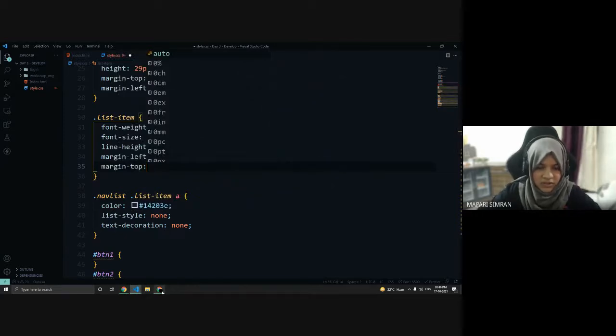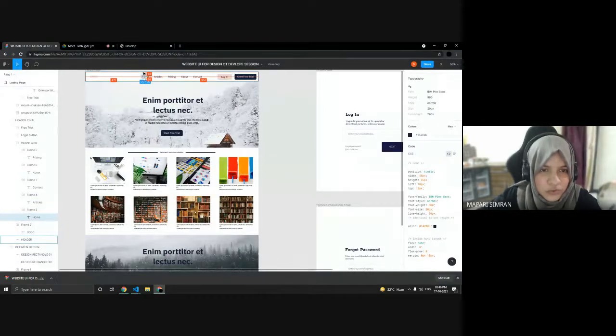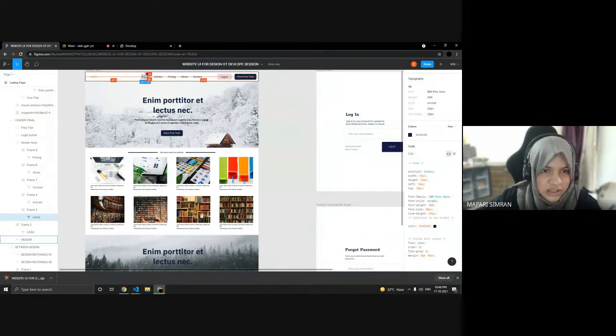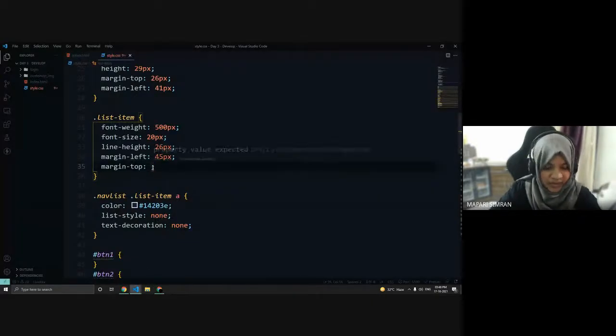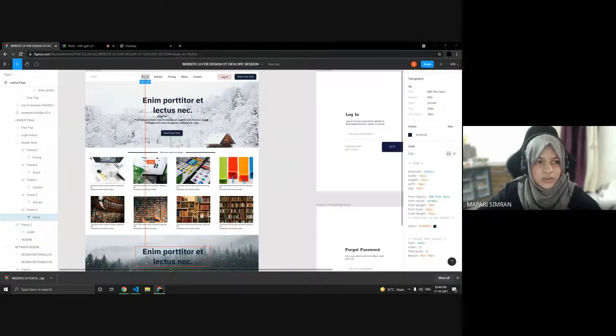I'm using just simple CSS, not complex, so that you understand. And here for this, top was 28 px, so let's just give that. We have set the width and height of the nav section, so no need to give each and every margin. Margin top will be 28. Okay, so margin top 28 px. Now let's check how it's looking.